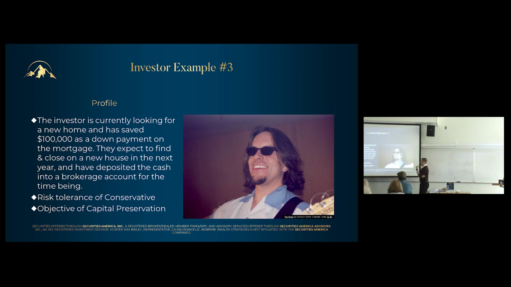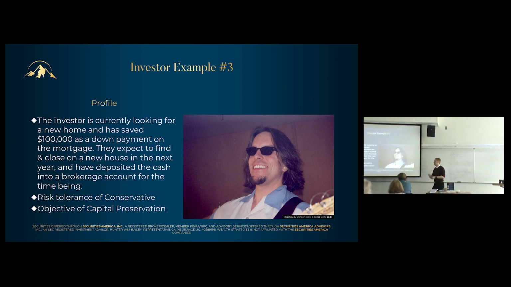Haven't done anything with it yet, but we've got a risk tolerance of conservative and objective of capital preservation. Now, why is that? Because we have an immediate cash need. In the next year, we're looking to spend this $100,000 on something. We're expecting to put it as a down payment on the mortgage for a house because this person is shopping. So we have an immediate cash need, super low risk tolerance, objective of preserving that capital, maybe earning a little